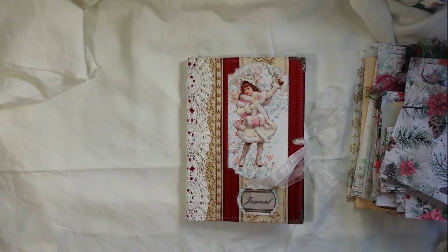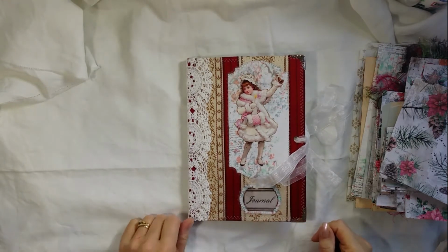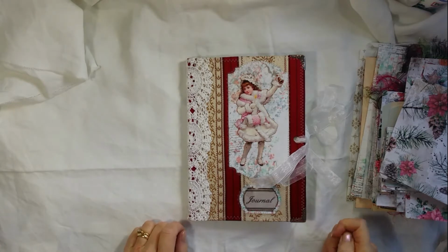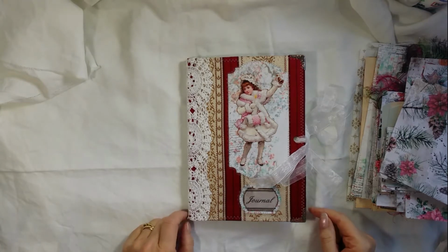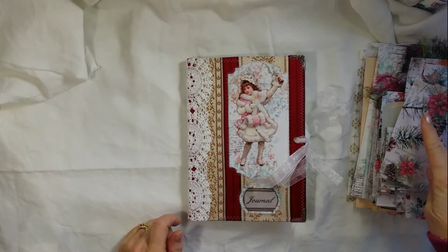Hiya! Today I'd like to share my latest journal with you. It's called Do It Yourself Bell Ringers Journal, and it's a naked journal. It'll be ideal for beginners who want to have a go at making a journal but haven't quite got to making the cover. So with this journal there's a whole pile of